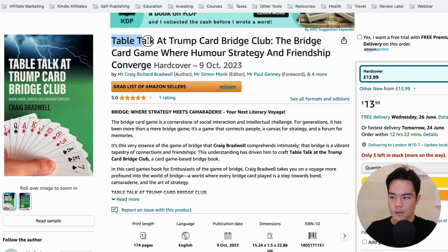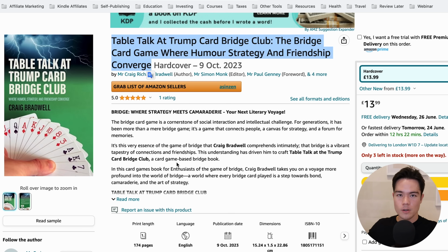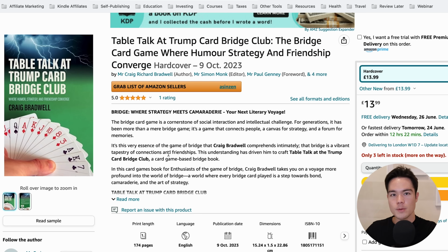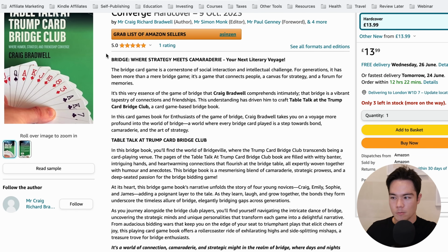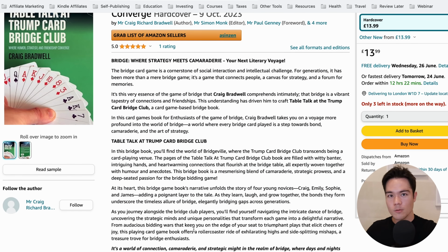If people have to read your book title and then they don't immediately understand what the book is about, that is a failed nonfiction book title, okay? If you're doing fiction, it doesn't matter. Fiction is different, right? But with nonfiction, that is the case. If people don't understand what the book is about immediately by reading the title, and then they have to spend another minute reading the description and learning what the book is about,